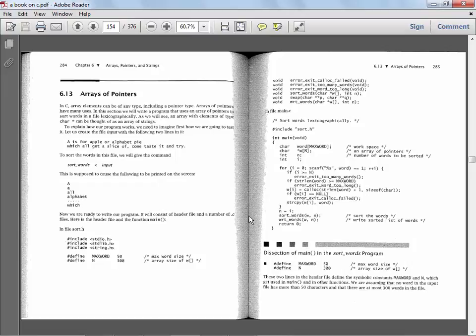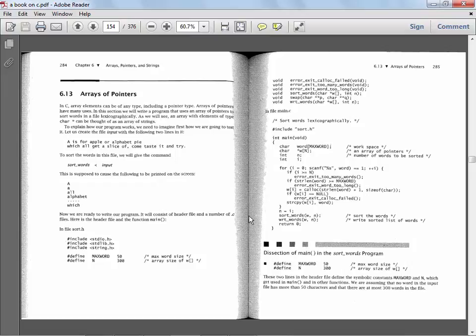They're going to use the array word to temporarily store each word that's read from the input, and they expect each word, again, as we said, to have less than that. So what they're doing with that char *w[n], as it says, this W is an array of pointers to characters. They will eventually store all the words that we read from the file. So what we want to be able to do is to read a series of words, take each word, put it into its own array element, so to speak, so we're able to look at those, a maximum of 300, and be able to sort them,